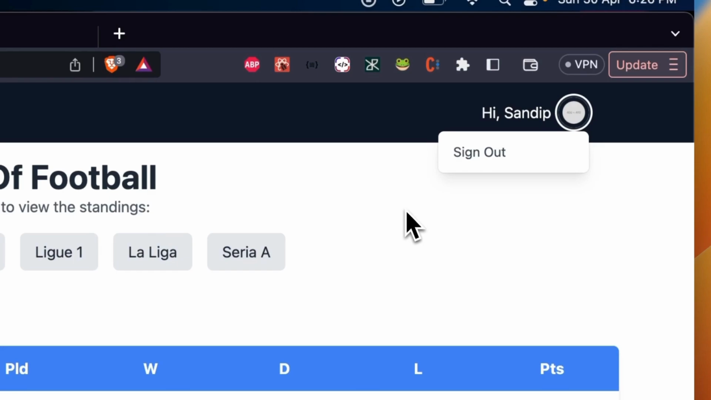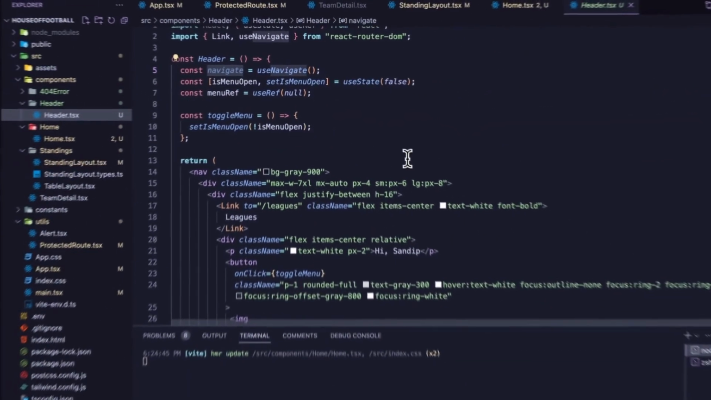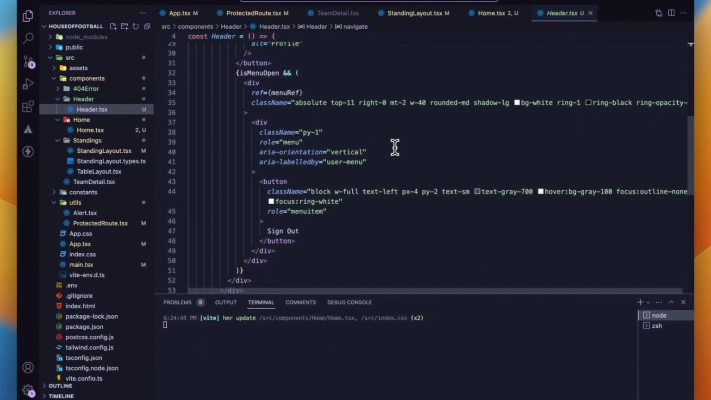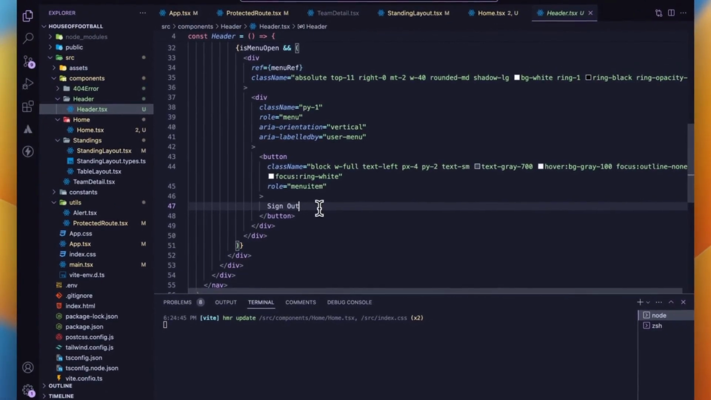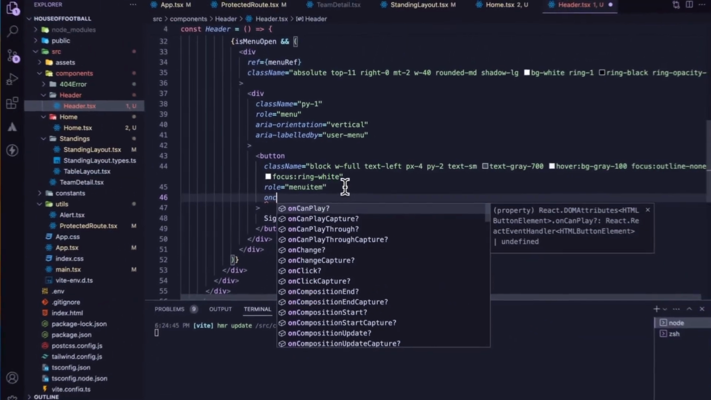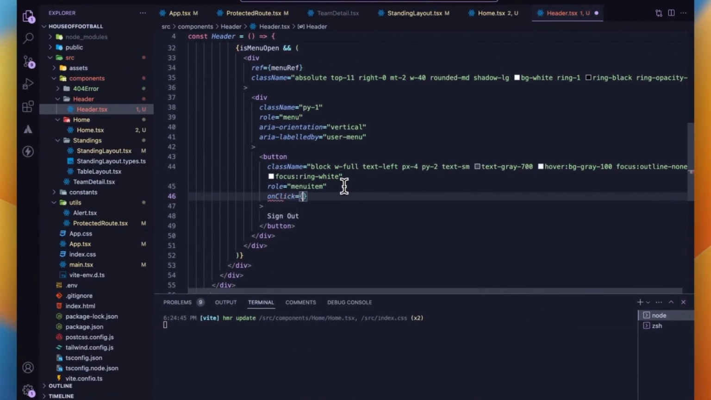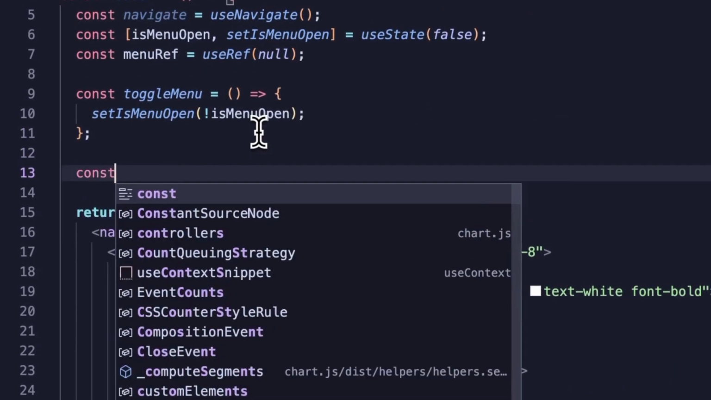To implement the sign out feature, we need to go to the header, which I have already created. So here is the header and here is the sign out button. Here we will use an onClick handler, and inside this onClick handler we will make the sign out function. So I will do onClick and handleUserSignOut. This is the function that we will use. We'll go ahead at the top and declare this function,